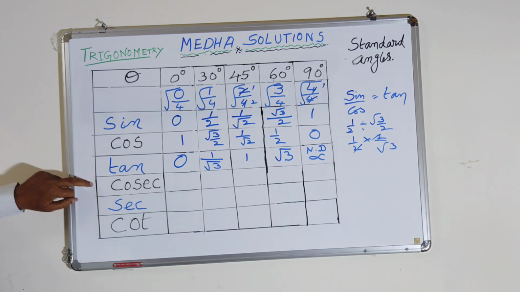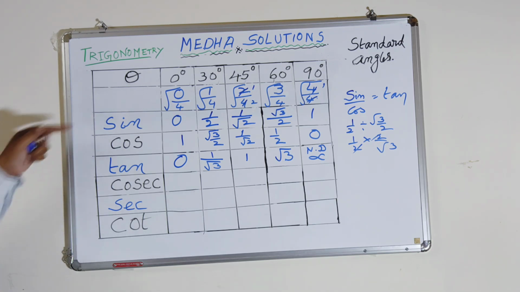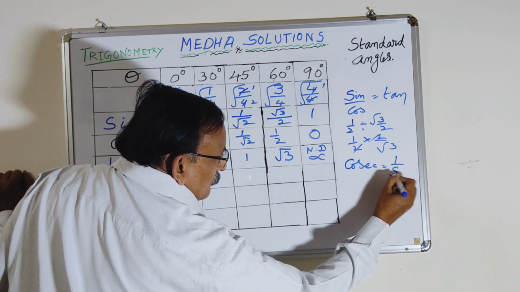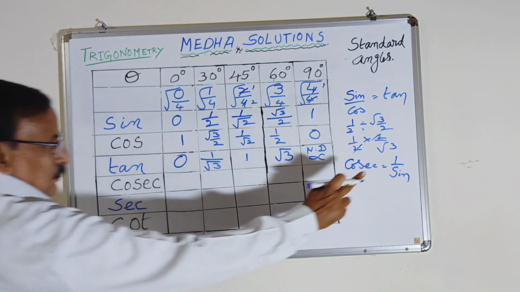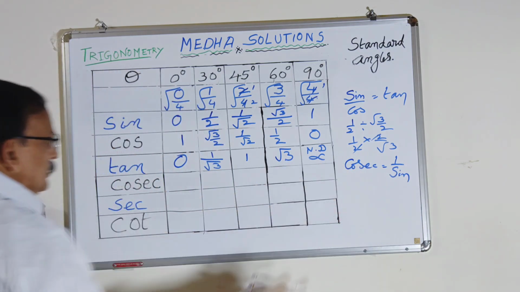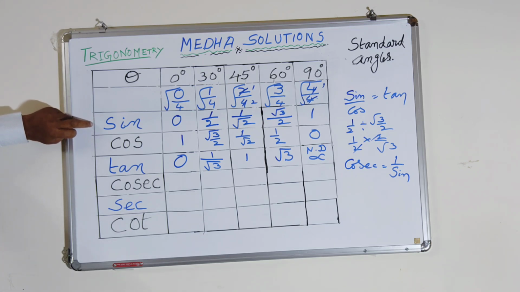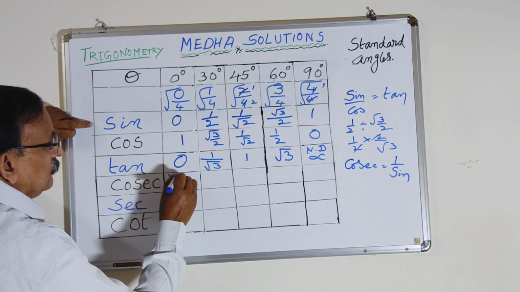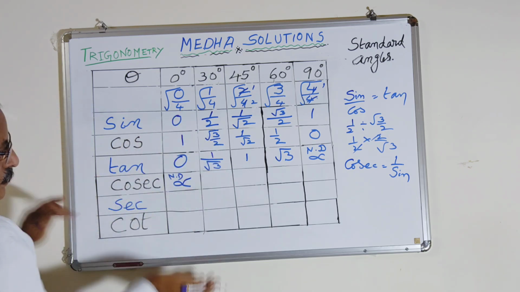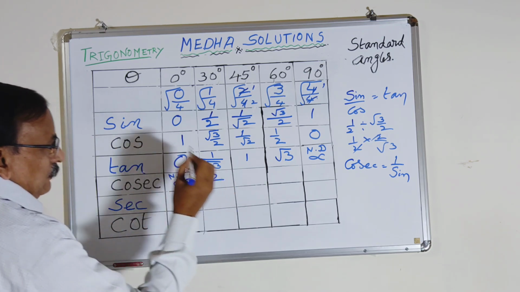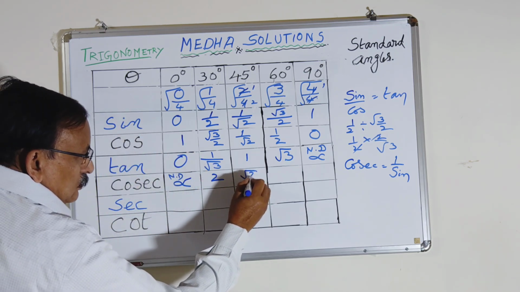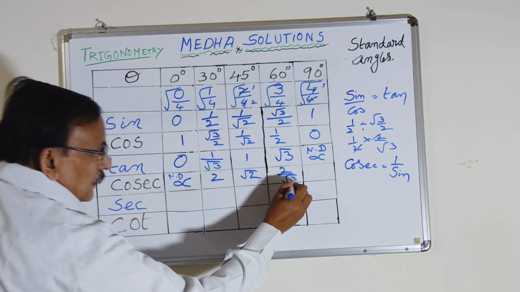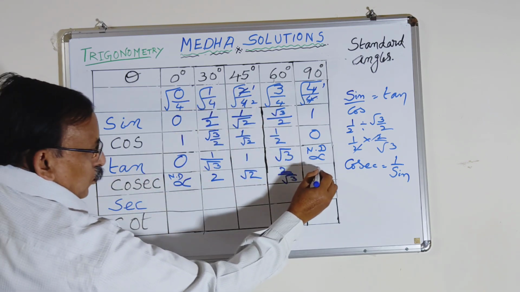And then cosec. Cosec is equal to the inverse function of sine. Cosec is equal to 1 by sine. If you take the sine value over here, you can write its reciprocal here and you will get the cosec value. See, the inverse of sine 0 is 1 by 0, again infinite, not defined. And then here 1 by 2, reciprocal 2 by 1, 2. Here root 2 by 1, that is equal to root 2, and 2 by root 3, the sine values we are taking as reciprocals. And here 1 by 1 is equal to 1.